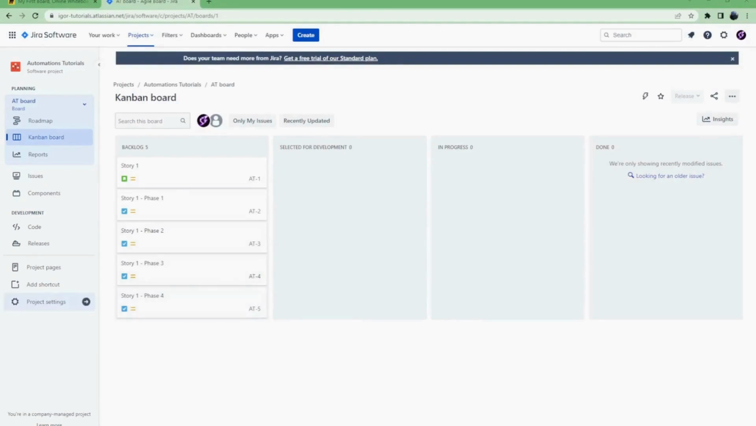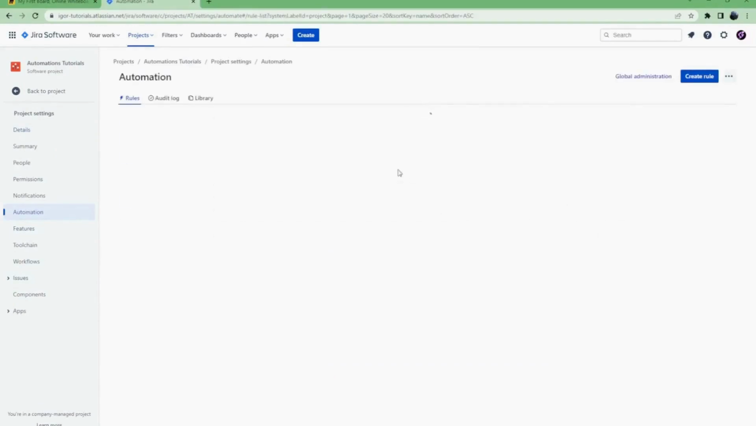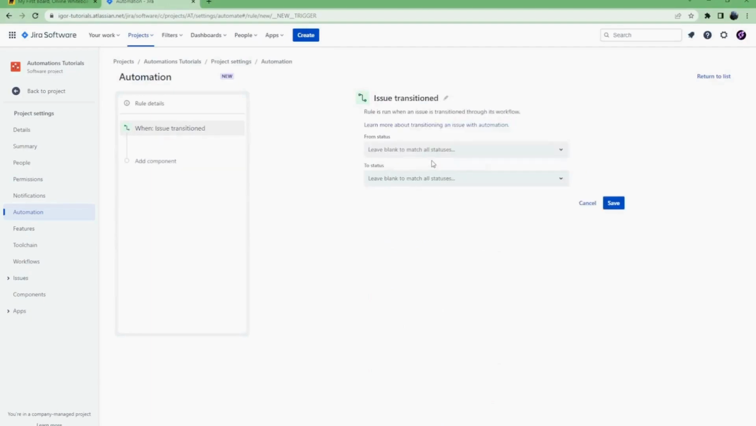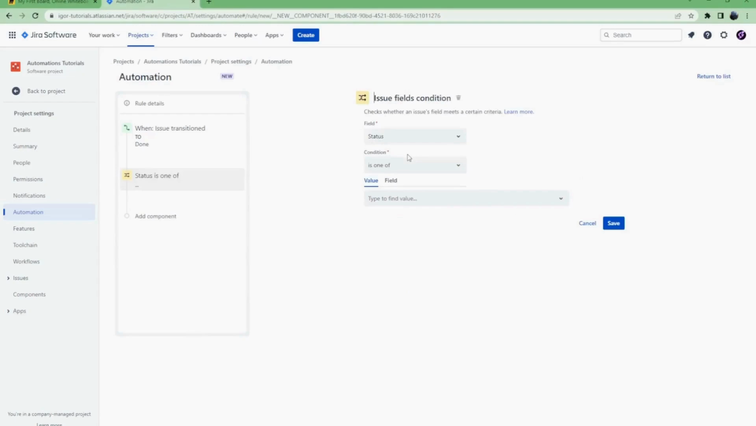Now we'll head back to the project settings, automations, and we will create our next automation that will trigger once the phase issues are done. So we'll take the trigger issue transitioned from any status to the done status, as our workflow can transition from any status to any. We'll set an issue field condition, and we will condition this on the phase type. If the phase type equals phase 1,